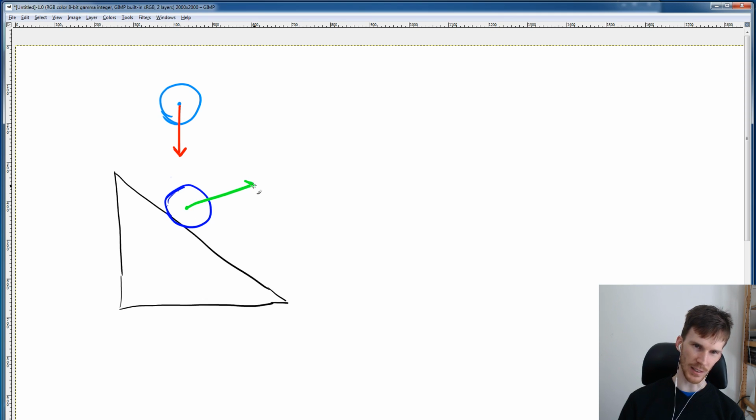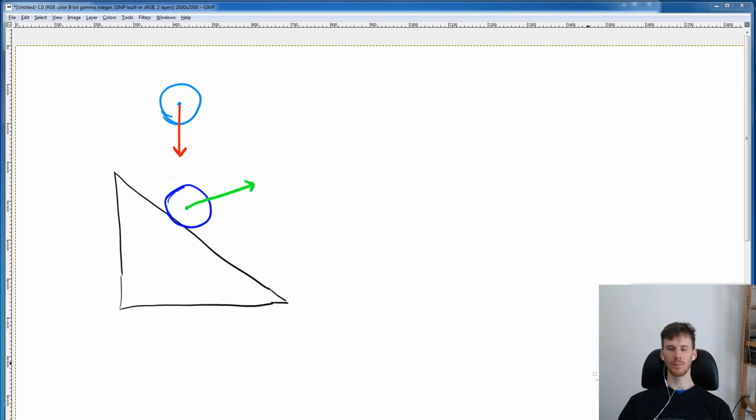And so, any thoughts on how we might actually calculate this thing? Like, what do we need to get the green arrow? Well, I'm not 100% sure, but I know some of the things that we have in our bag. We can find a perpendicular. Now, it wouldn't be close to right, at least if you drew it accurately, but if I knew, for example, the angle of the line that the collision has occurred on, I could possibly take that and the red arrow,